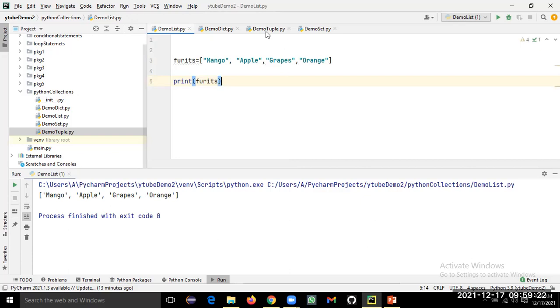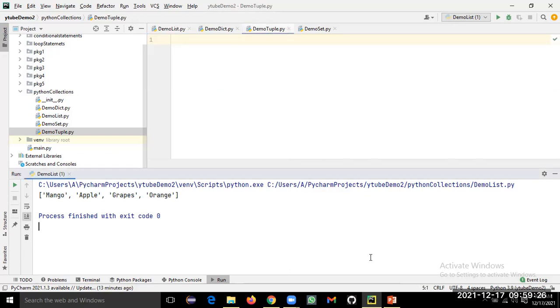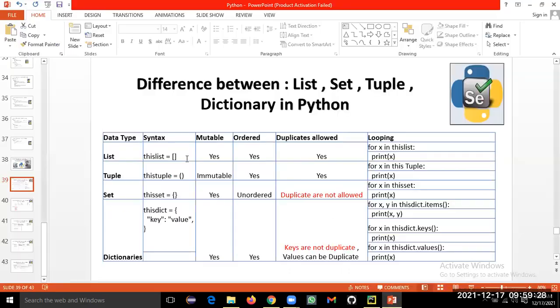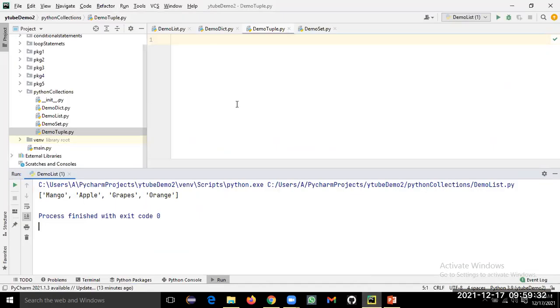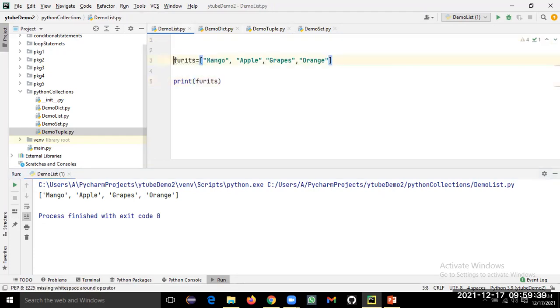Now let us move on to the next, tuple. What is the syntax of a tuple? The syntax of a tuple is that items are enclosed with round brackets. So I'll copy all the list items, and name the list fruit list.